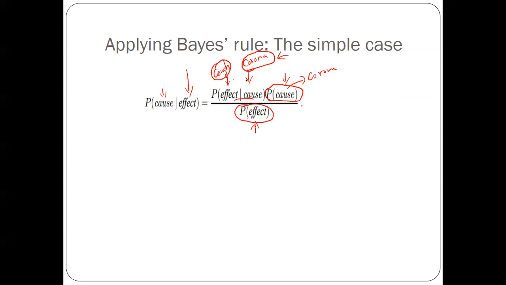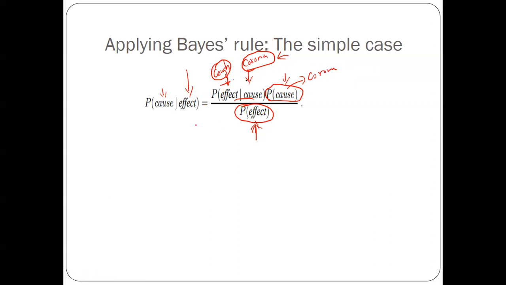Also let us assume we know this: what is the probability that someone may suffer from cough? But he may suffer from cough because of any reason. It may be corona, or a normal infection, or whatever it may be. Assume that we know all these three values: the probability of somebody having cough given that he has corona, the probability of somebody having corona, an unconditional probability, and the probability that somebody is suffering from cough, again an unconditional probability.